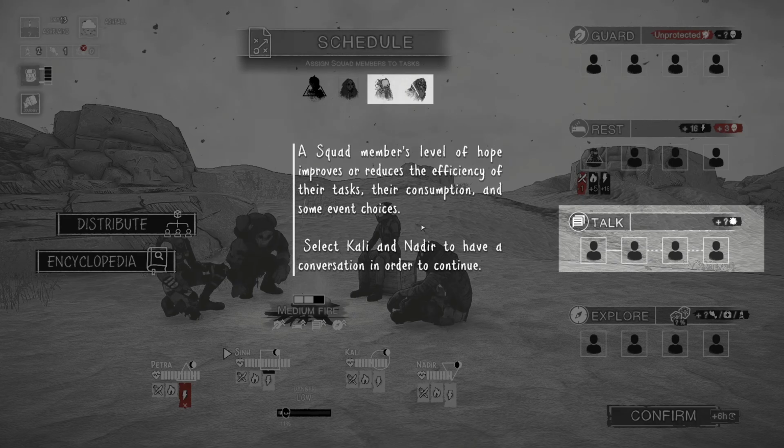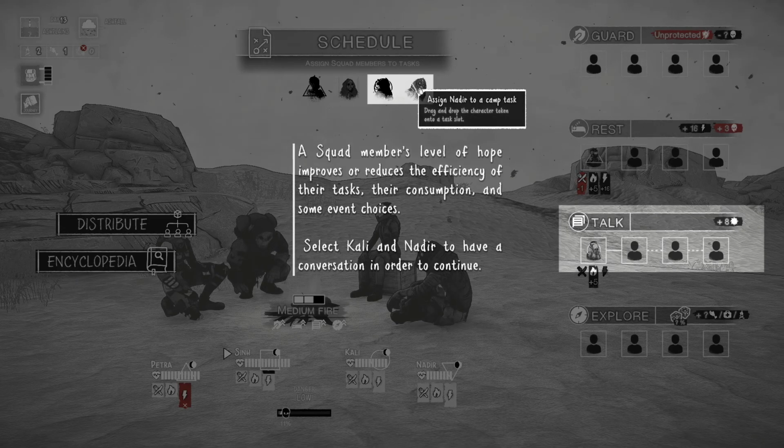A squad member's level of hope improves or reduces the efficiency of their task, their consumption, and some event choices. Select Callie and Nadir to have a conversation in order to continue. There's no names on here. What about here? No? Okay, here we go. Up here, schedule. Assign squad members to tasks. So Callie, talk. Nadir,